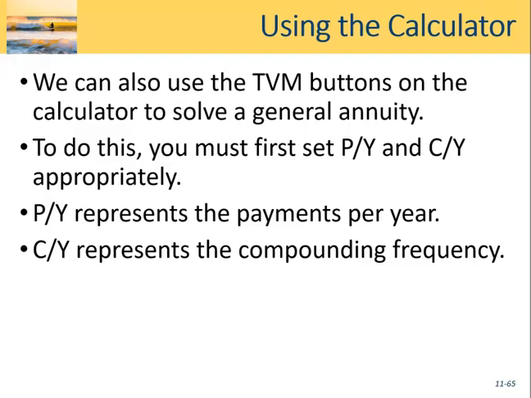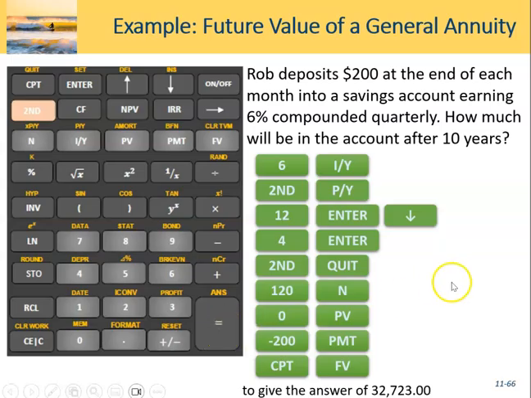The PY represents the payments per year, and the CY represents the compounding frequency. So for example, for this one here, there's an extra step. So we've got the 6 IY, gives us our interest rate. And then we need to go into the second and then click the PY, okay? And then we're going to put in 12,